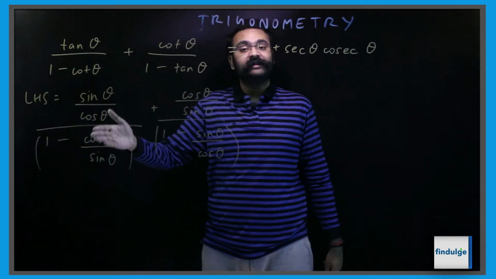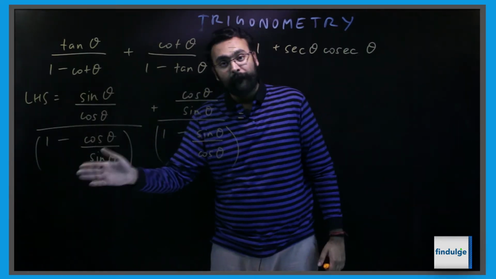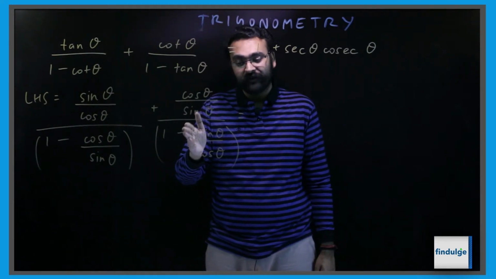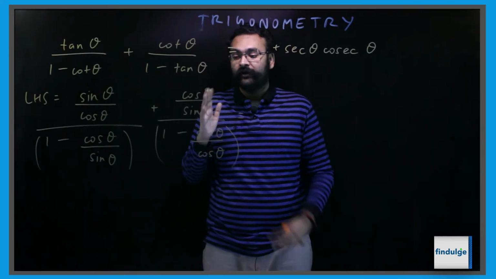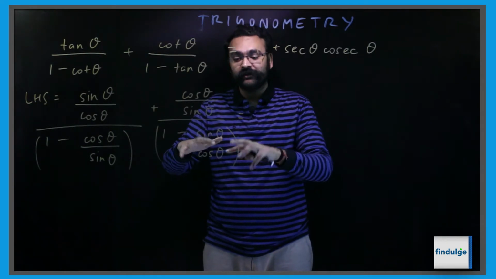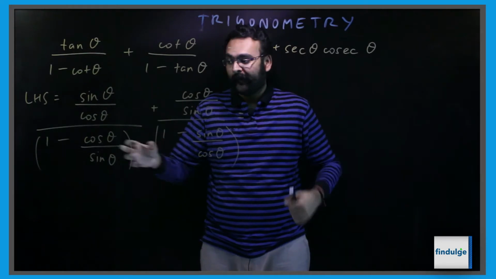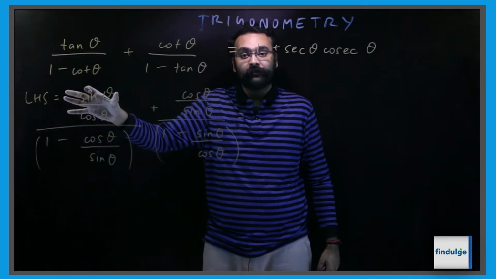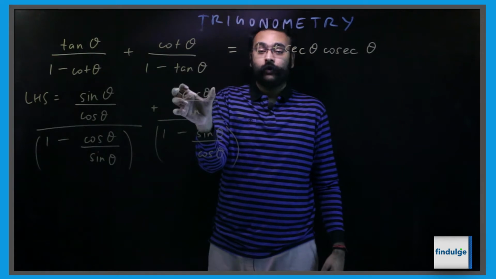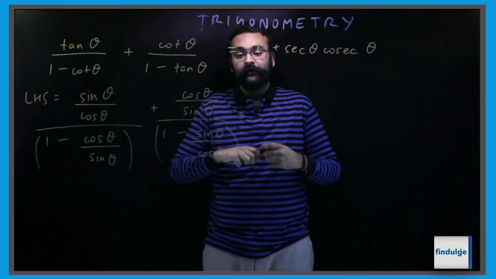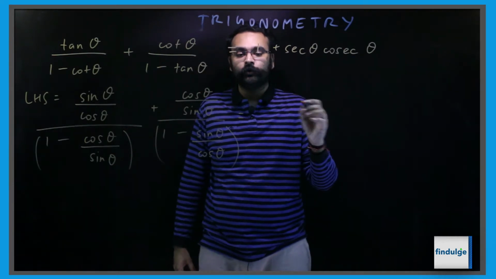This will become sine theta minus cos theta upon sine theta. This will become cos theta minus sine theta upon cos theta. It's division of a fraction, so it will get reciprocal and multiplied. Here sine theta will come to the numerator, here cos theta will come to the numerator, everything else will stay. Therefore this turns into